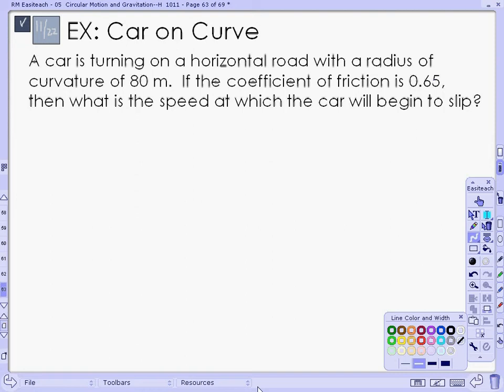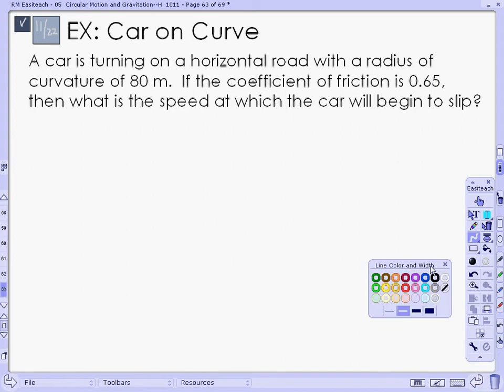We have a question here about a car on a horizontal surface. It may seem at first glance like you're not given enough information, but don't hesitate to draw a diagram. At first you may want to draw a top view, which is fine. You can draw your top view of the car, and there is a frictional force that is acting toward the